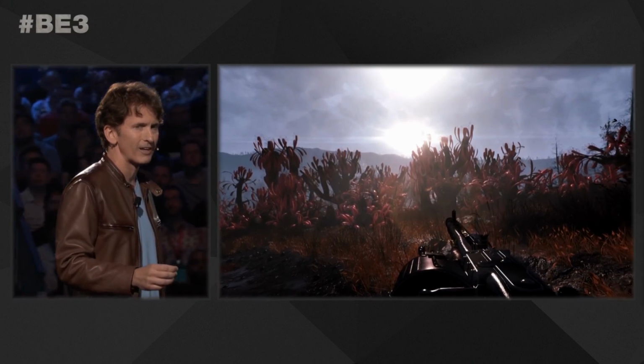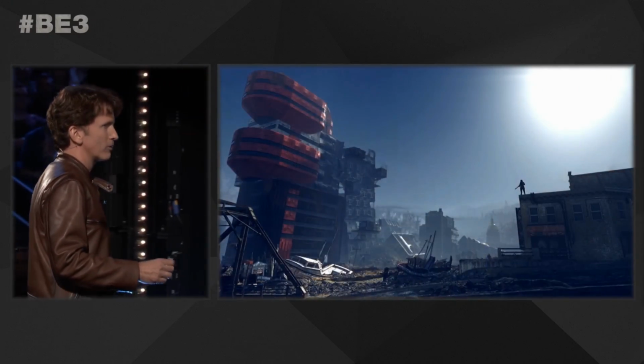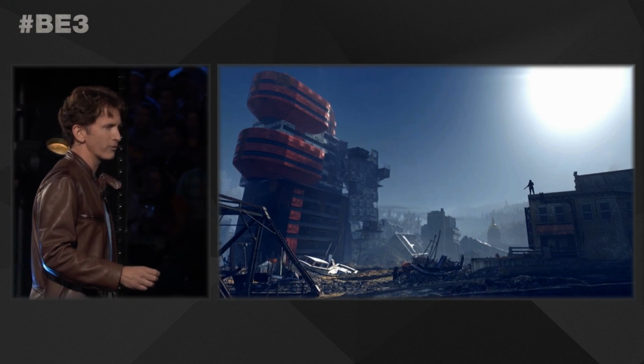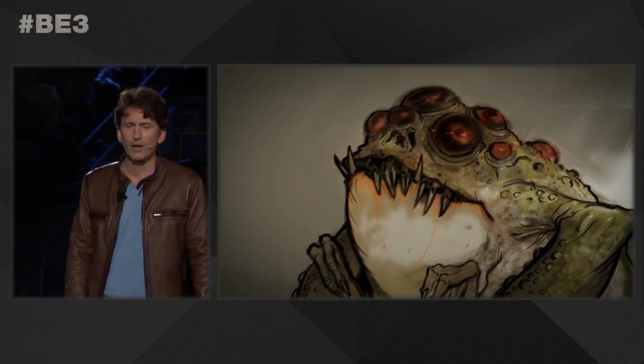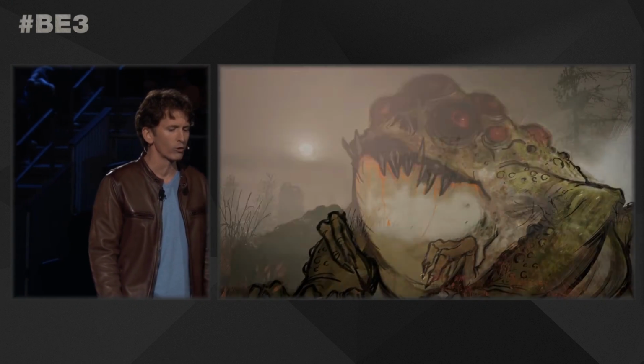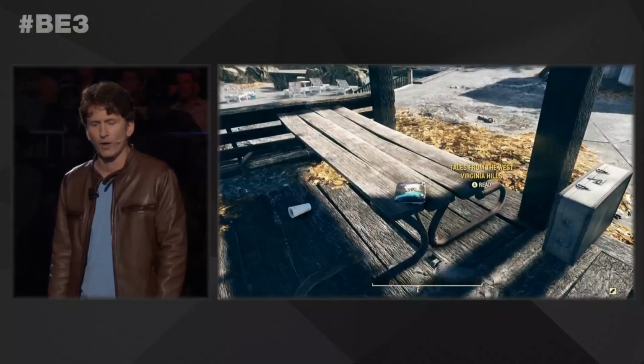Todd then specifically mentions that they've used real-life folklore of West Virginia to bring the creatures and enemies in the game to life. This is very important, as we can use this folklore to get some potential background information on the creatures that appear in the game. And as you'll see in the footage, most of the creatures that appear do have specific influences from